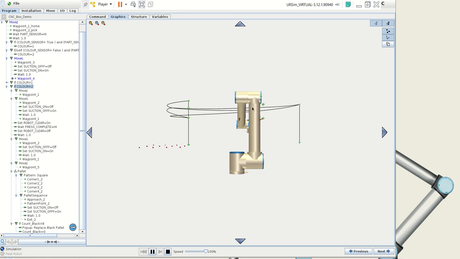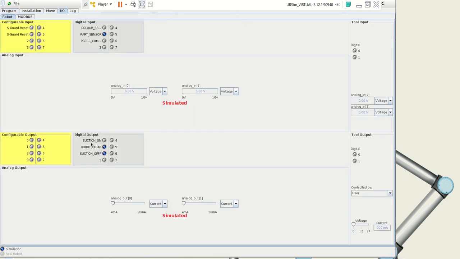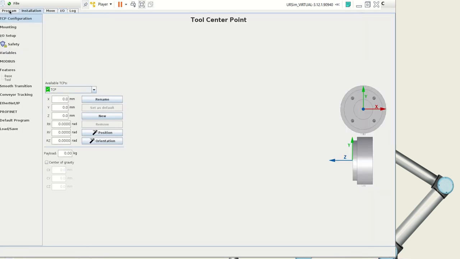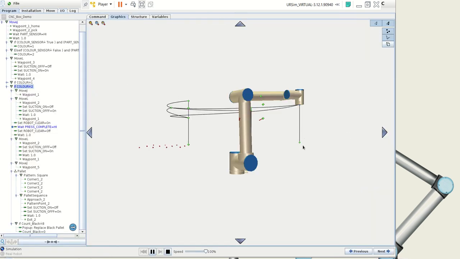So it goes down, it picks up the black component. So it's coming around here to the black, goes down, pops the part off, so it does the suction cup, lets it go, and then it gets out of the way. And it turns on an output that says, if I just move this over here, you'll see it says the robot is clear. So that's an output that'll transmit a signal over to the receiver